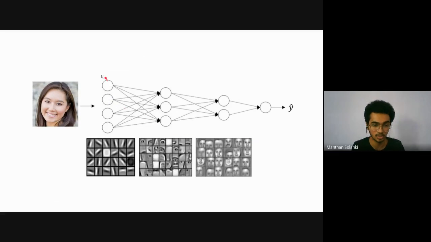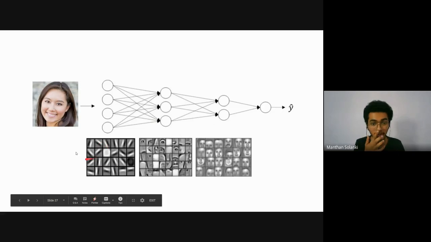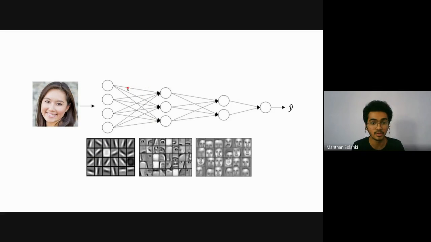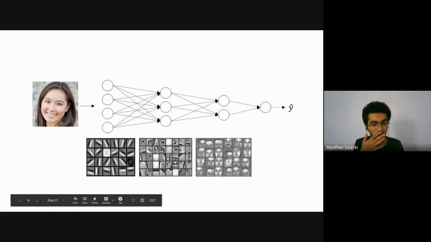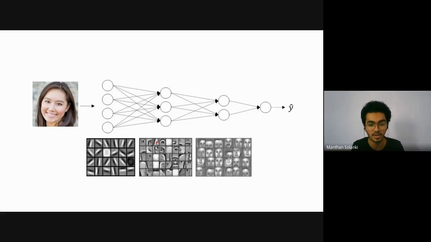In the first hidden layer, it learns very low-level input features like dots and some lines. In the second hidden layer, it learns more abstract features, like the combination of dots and lines creating eyes, nose, lips and ears. The combination of different eyes, nose and lips creates higher-level features like the face, forehead, the face of a man or woman, like the fish having a small mustache over there. So this is how the different high-level features are learned in the final layer of the neural network.